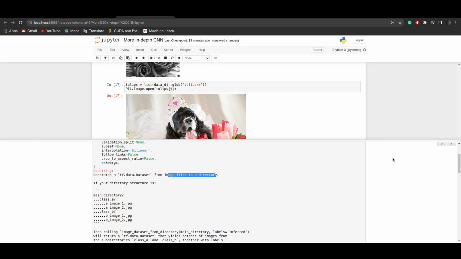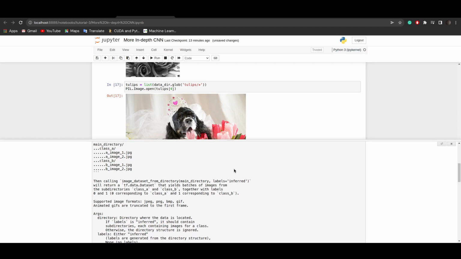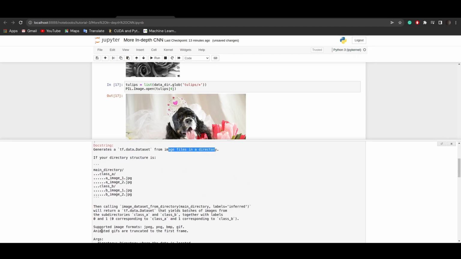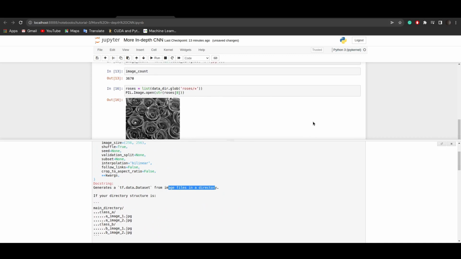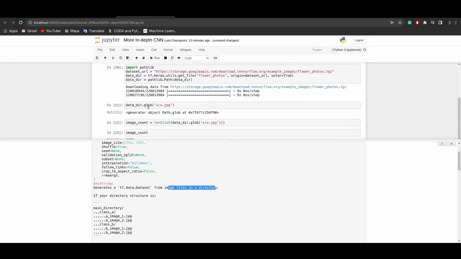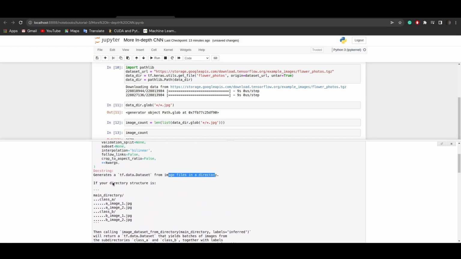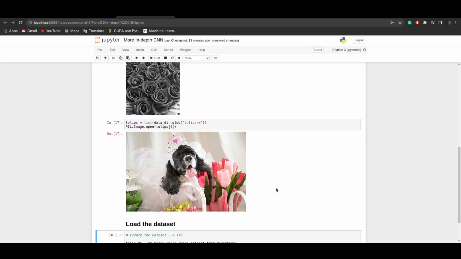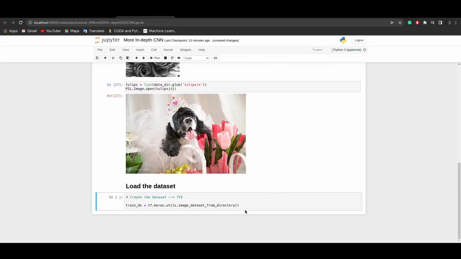So if we give a directory which contains image files, whatever we've set up with the data directory perfectly matches the input that image_dataset_from_directory is asking for. So all we should do is pass in the data directory,